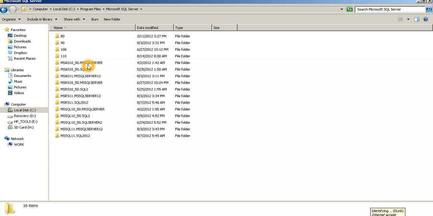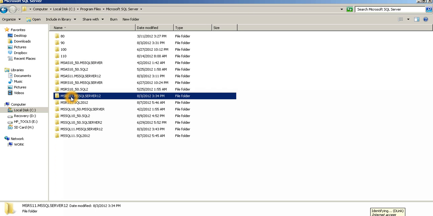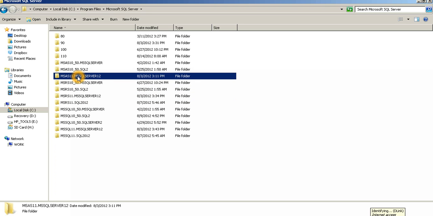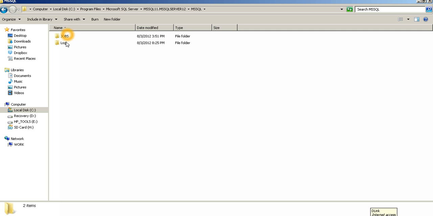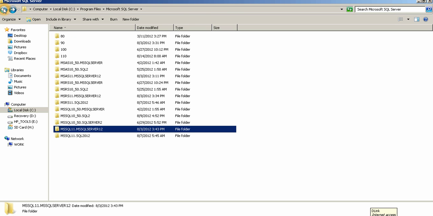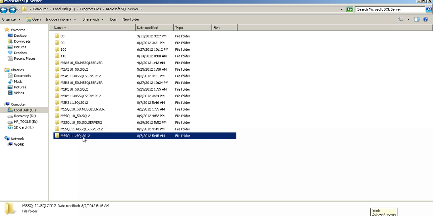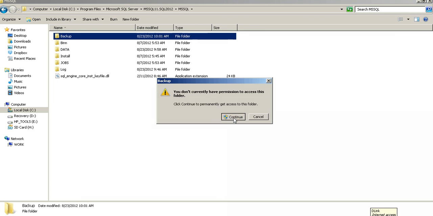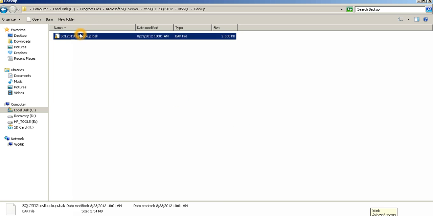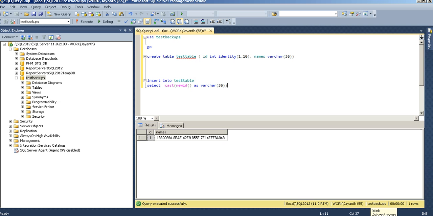So let's just quickly go ahead and look at that. MS SQL Server 2012. And I've got my test backup created here. So that's good. Now let's go ahead and insert